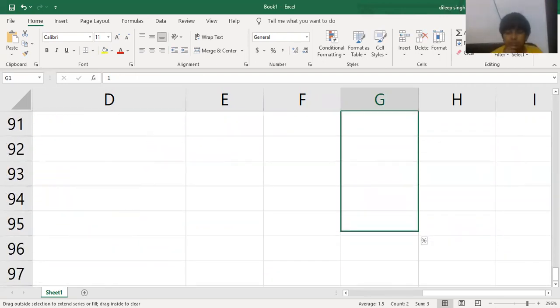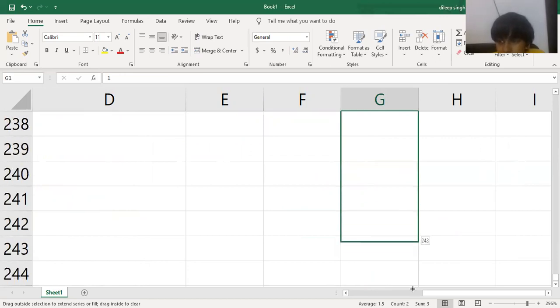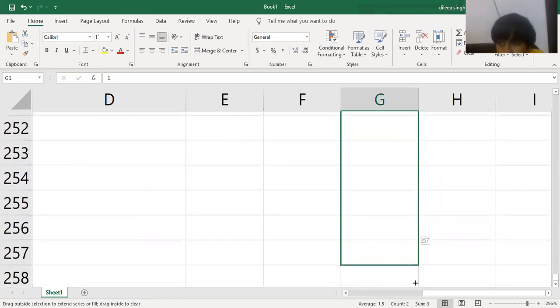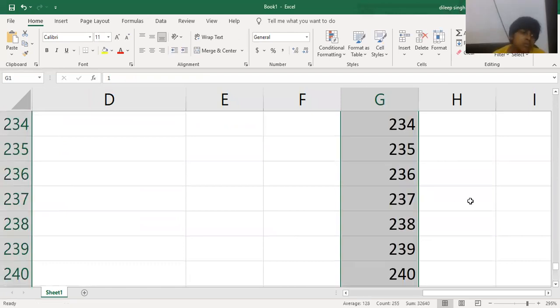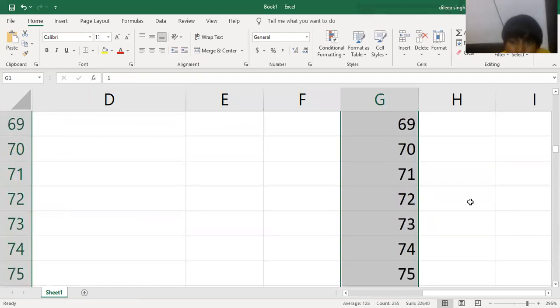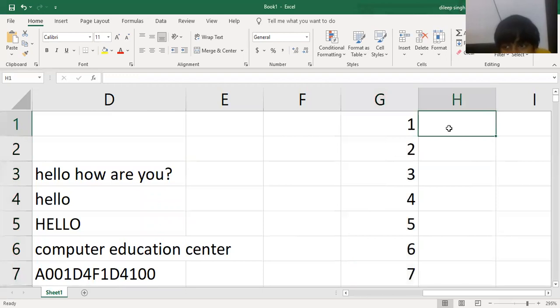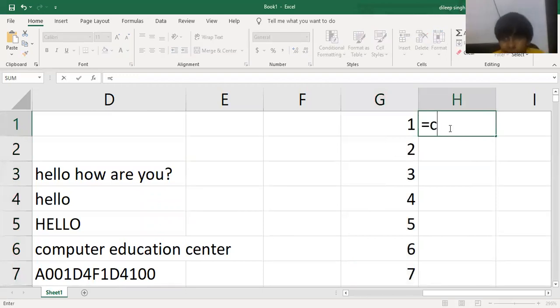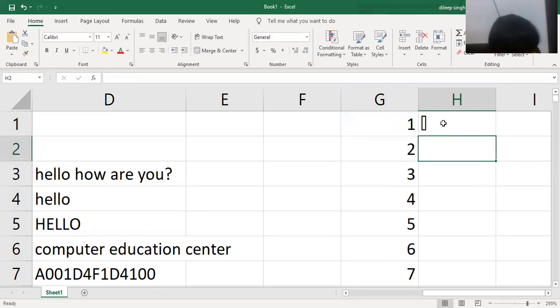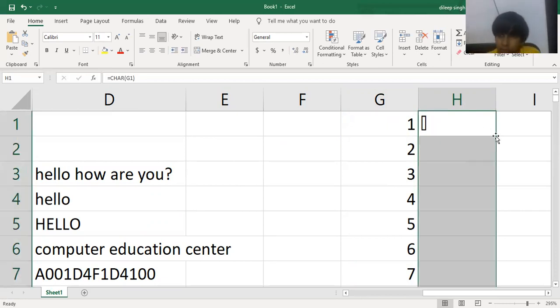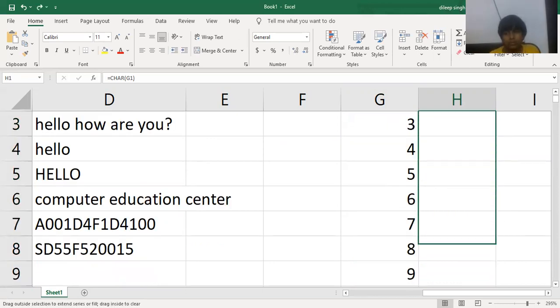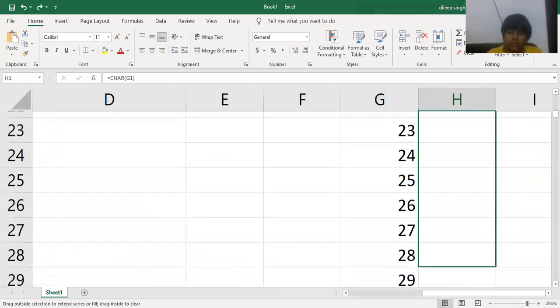From 255. After getting the number 255, move to the first cell of your sheet and type equal to CHAR function, start the bracket and select the value, and close the bracket. When you press enter, you will get this symbol, the code of one symbol. Then drag down or double click on this section. It is a very easy method to get all the values